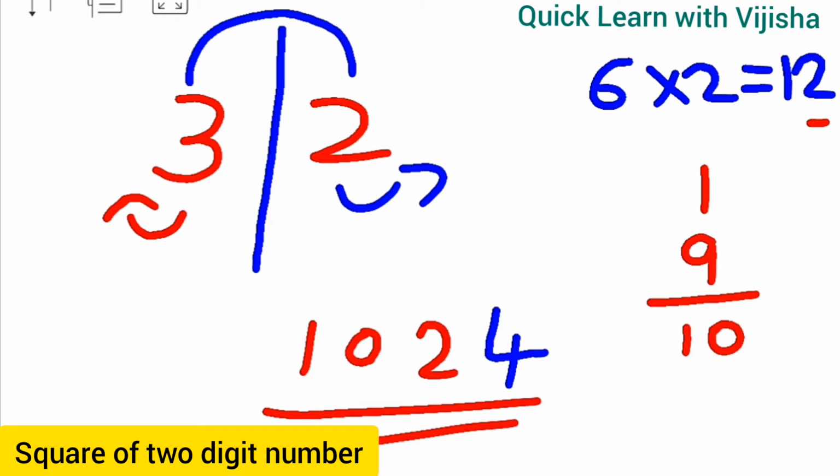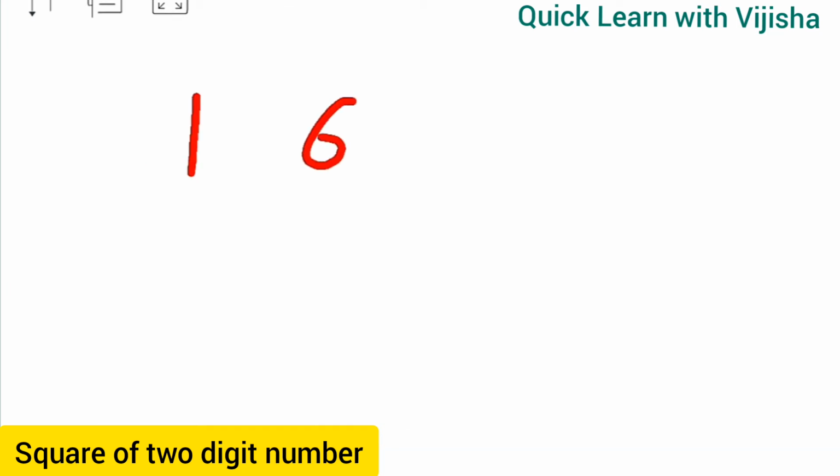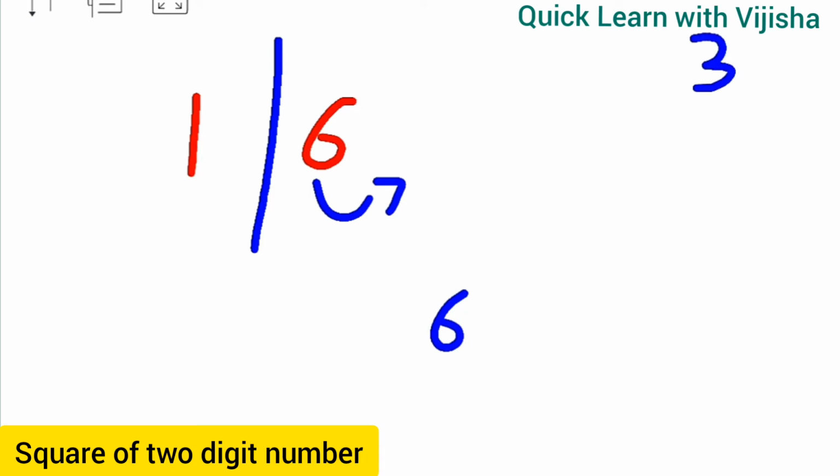Very simple, easy. Let's see one more example. To find the square of 16. Again we will do the same method. We will find 6 square. It gives the value as 36. So we need to write only one digit. We will write 6. Remaining what is there? 3. Understanding children? Now 1 6s are 6 and 6 2s. What is the value you will get? 6 2s will become 12.